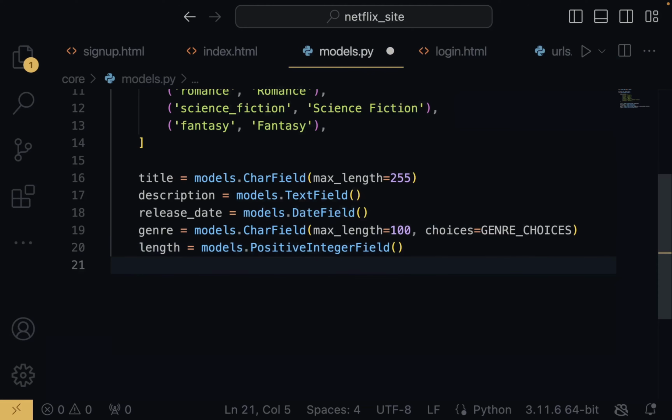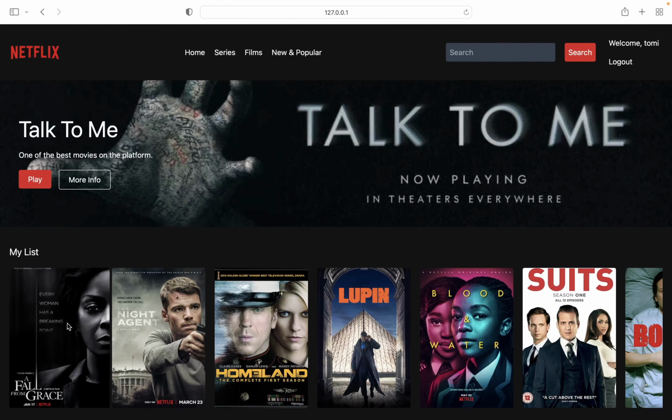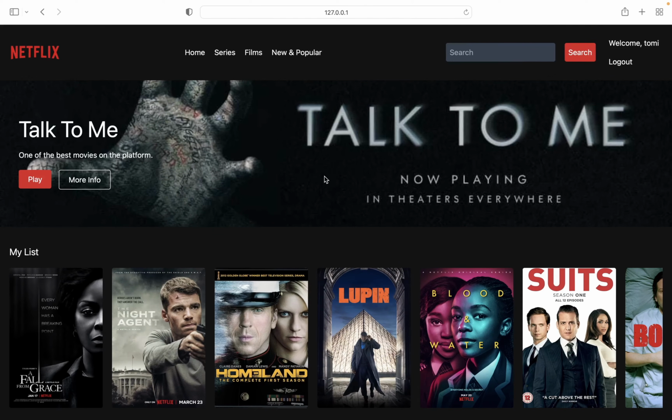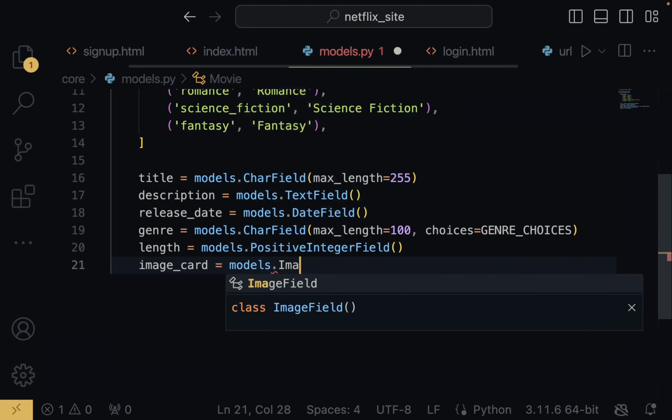So we use that like that, and then we're going to have an image cover. Say image card. So this is like the card right here. This is the card of the movie, but this big one is the cover of the movie. So we're going to have two images. So image card, say models dot image field,